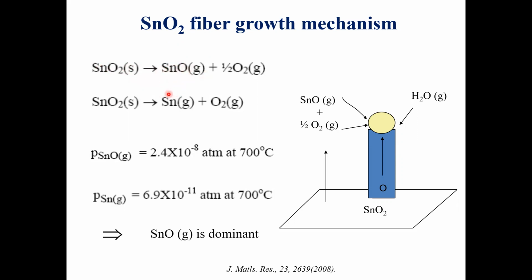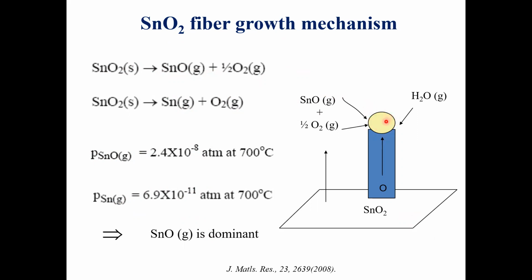It can also create tin vapor, but if you look at the thermodynamics and do some thermodynamic calculation using delta G naught of this reaction, you can find out that the partial pressure of tin monoxide is 2 to 3 orders of magnitude higher than tin vapor. So we believe primarily tin monoxide is being vaporized from the substrate,